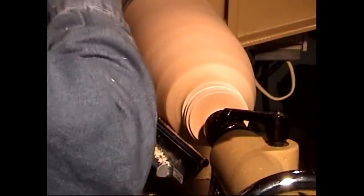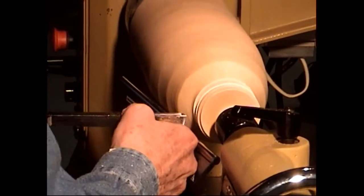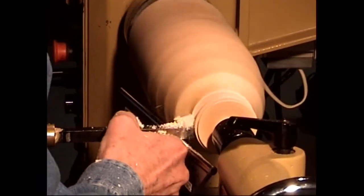And I know what happens from experience if you don't widen that out. This gets drawn in underneath, and it's really hard on these knuckles up here. In fact, I don't even like to put my knuckles up there because they can be